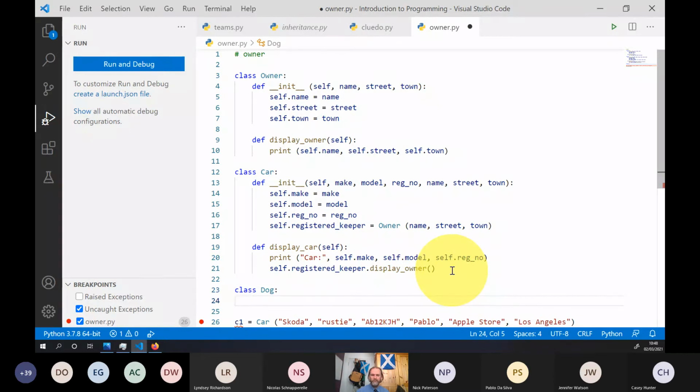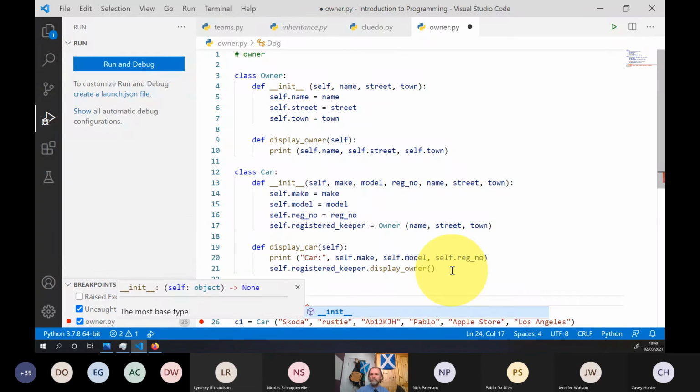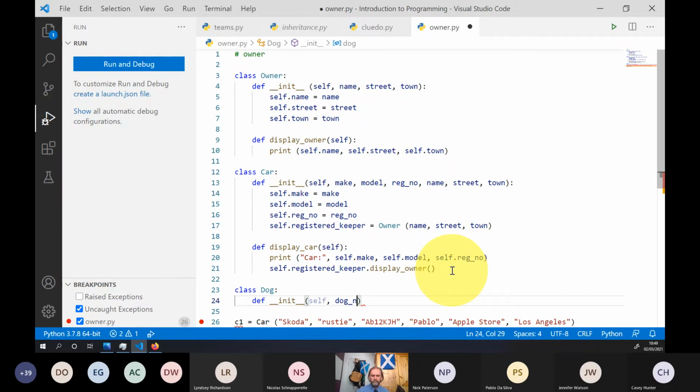We could do exactly the same thing. We can create a new class called a dog.